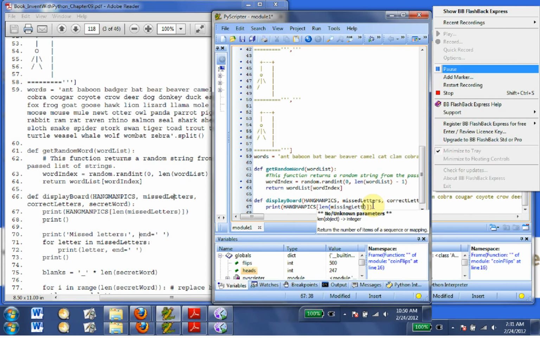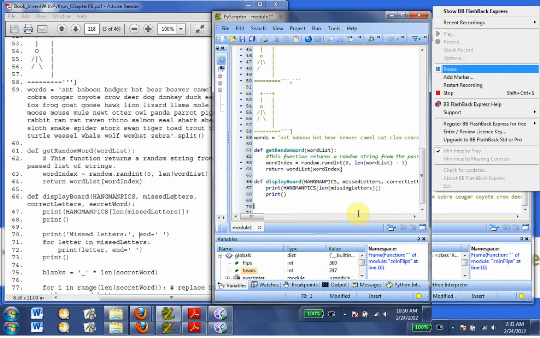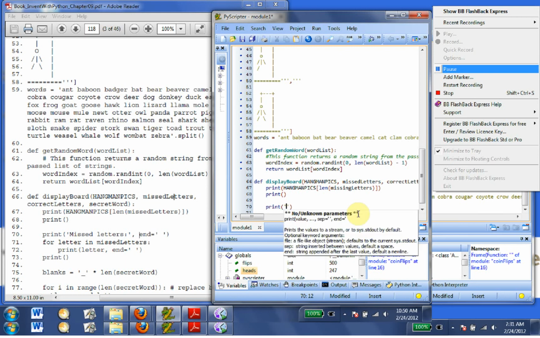Okay, and then we're going to put print. Say print missing letters,